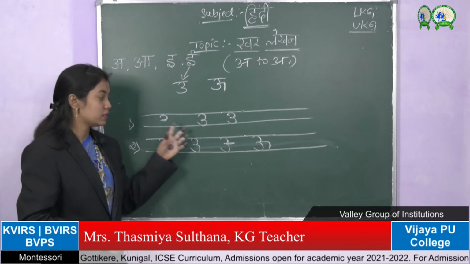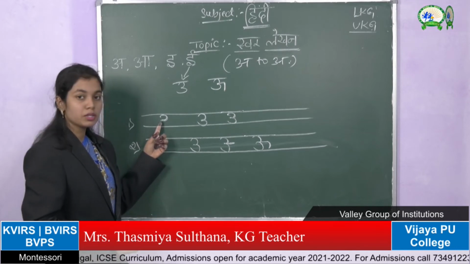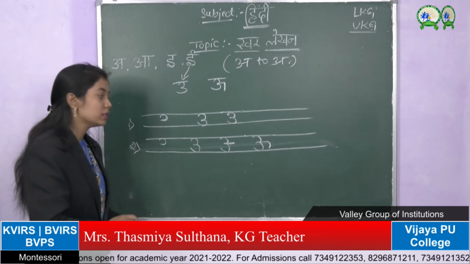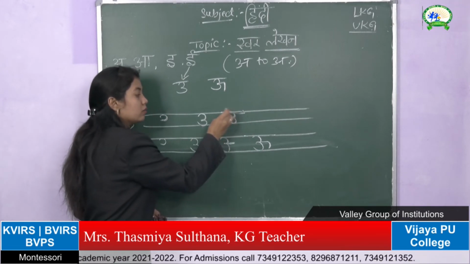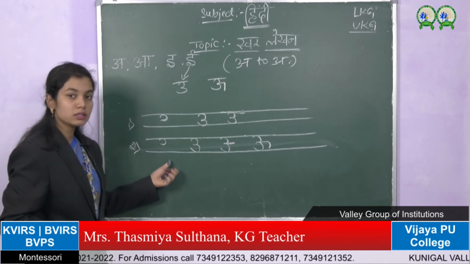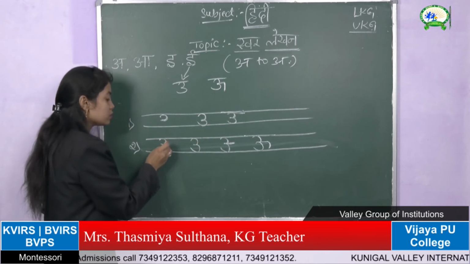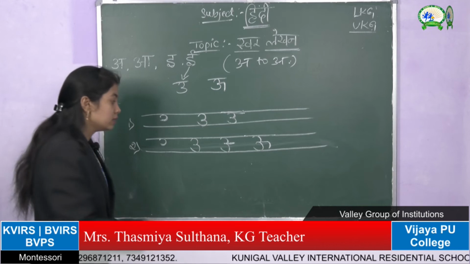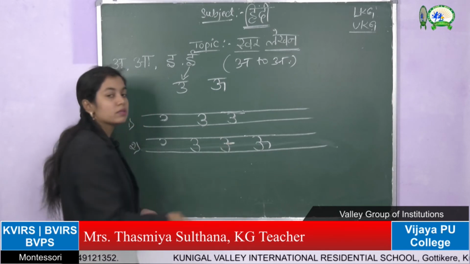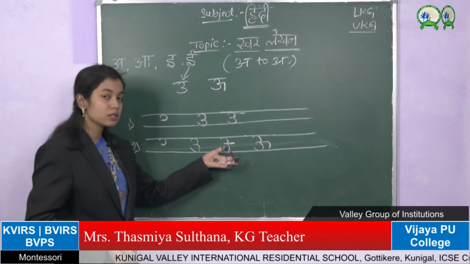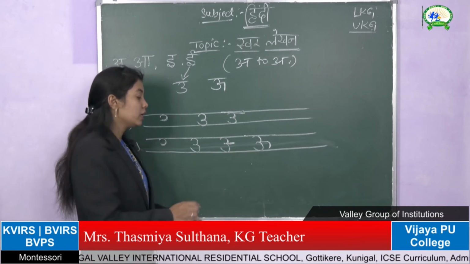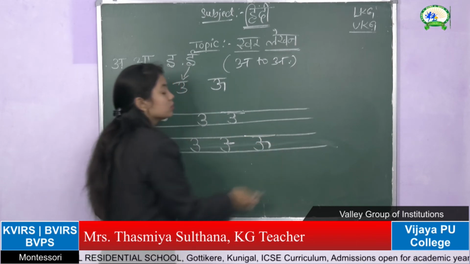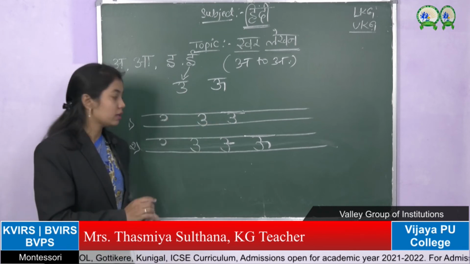See, once again I will explain. It's very easy to write. First step is to write one left curve and again one more left curve, then it will become a small oo. And to write the big oo, write one small left curve and again one more left curve, and in the middle of these curves write one sleeping line. After writing the sleeping line, you have to turn like this, then it will become a big oo. I hope you have done with this.